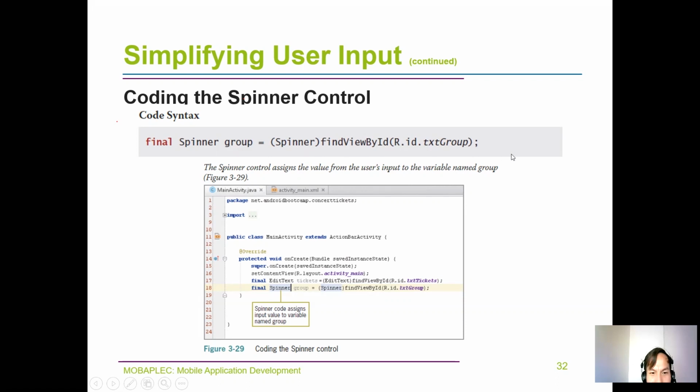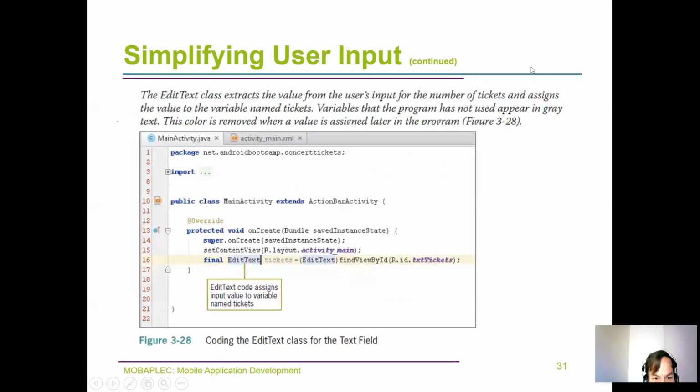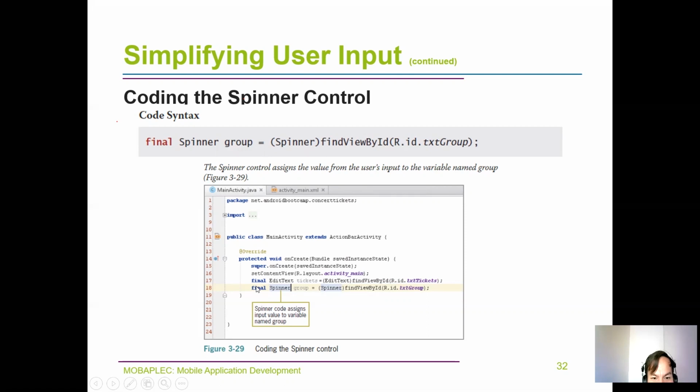So technically, after line 16, now proceed with line 17. Here, I added in line 18 the final spinner as group. So I declared that, and I assign. Take note, in declaring in a program, you need to assign. So I assign the spinner group ID and so on, just like in previous slides. Okay, next,